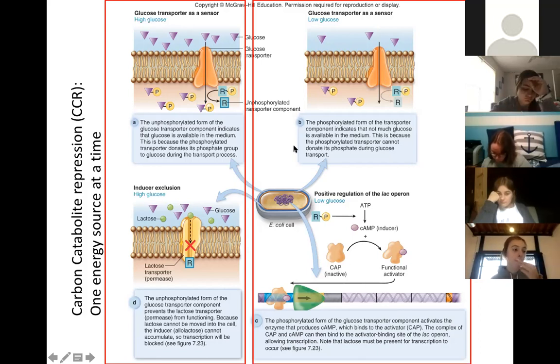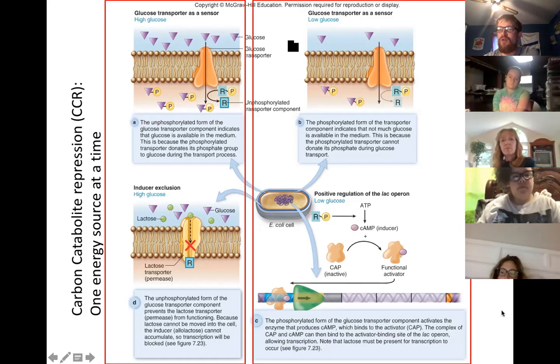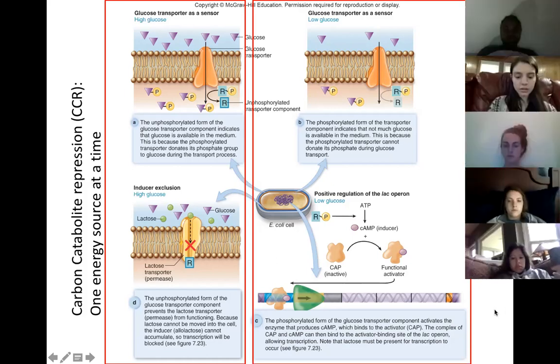All right, so glucose is that preferred energy source, but this whole mechanism makes sure that you're only using one carbon source, one organic source of energy at a time. So it's efficient and it saves the cell energy. Does that make sense? Or will it make sense after you look over it? And I am serious. Please look over it. And if you have questions, if you're having trouble understanding, let me know, because this kind of ties in some of these basic concepts of gene expression and gene repression. All right?